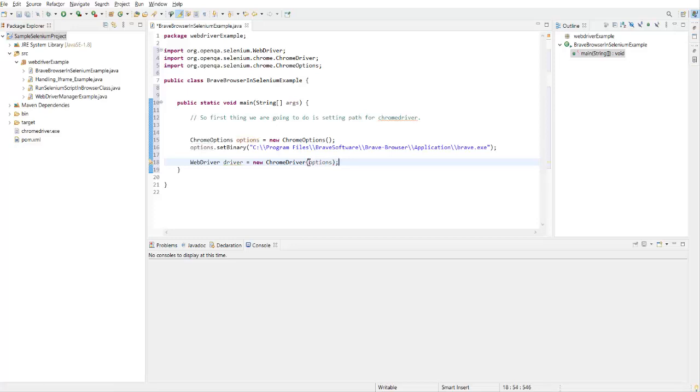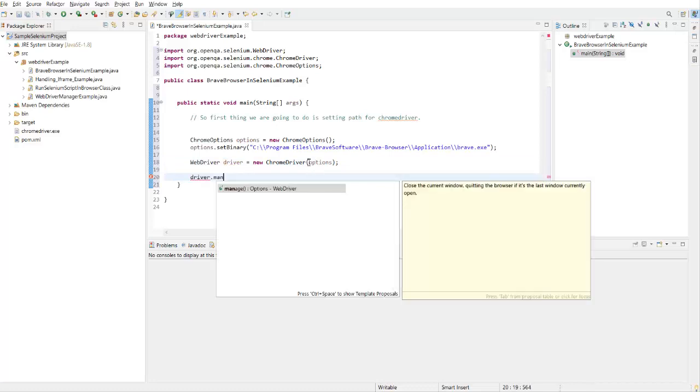So now we are done with the launching of the Brave browser. Now let me maximize this browser.